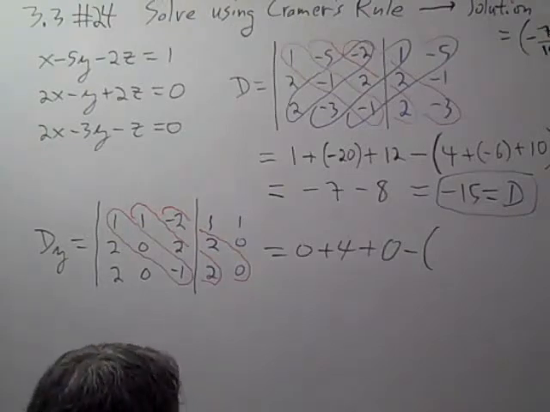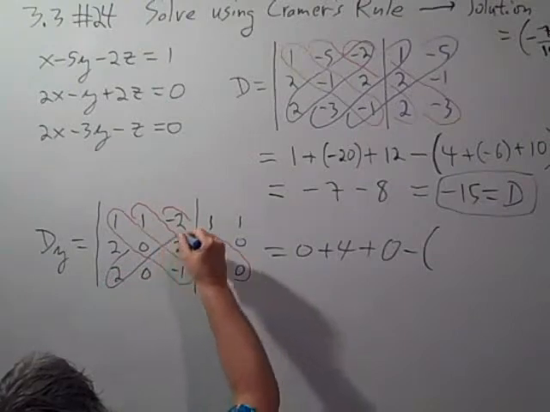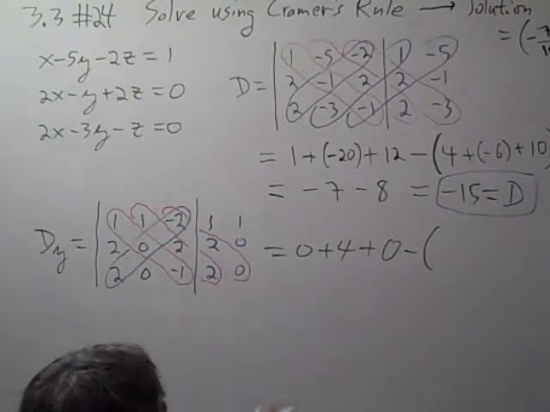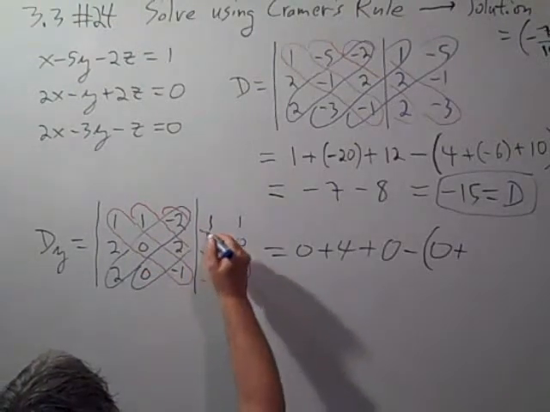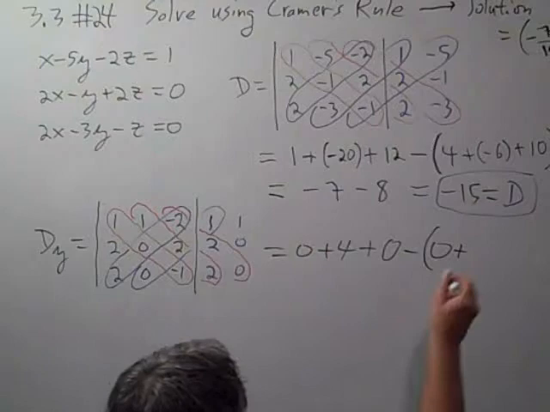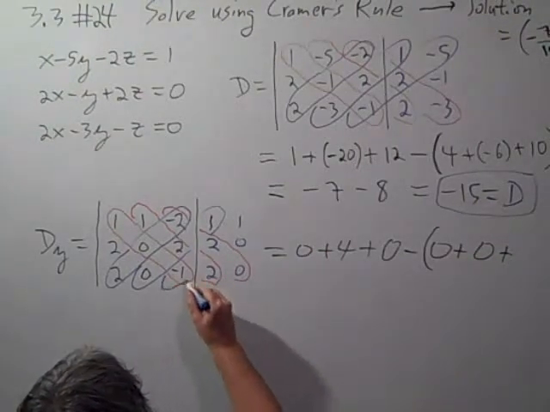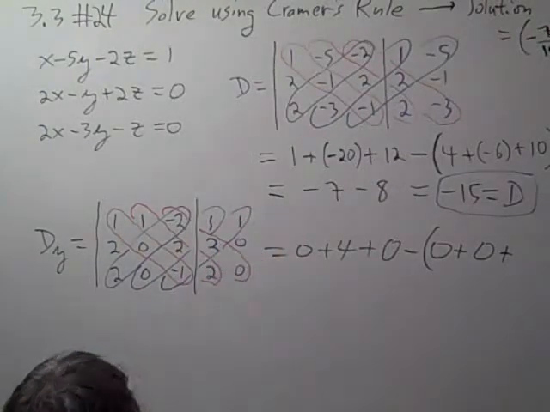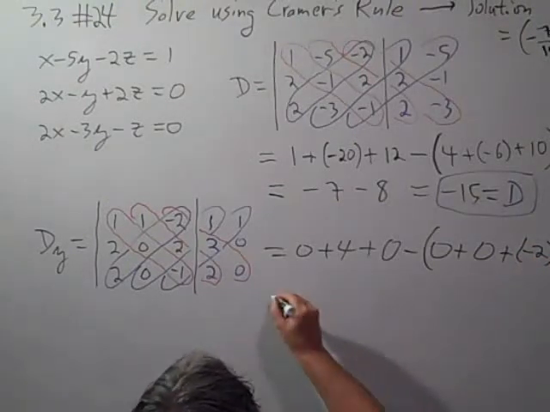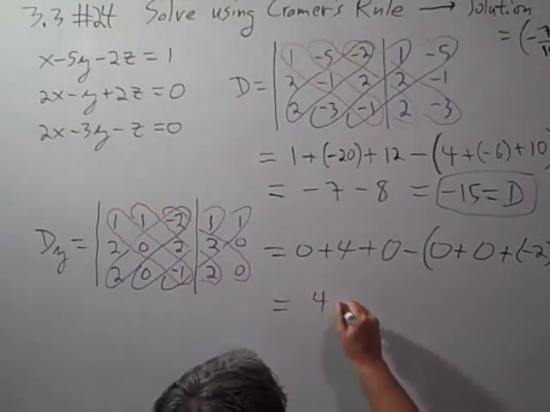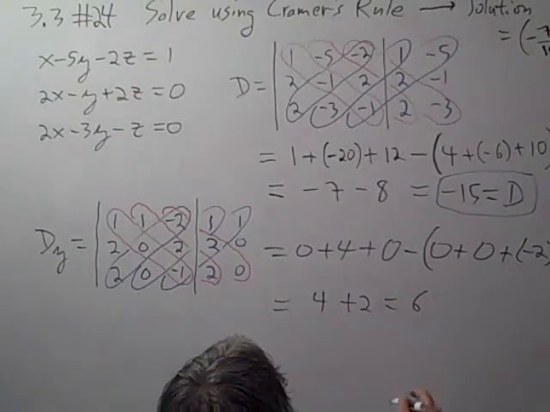And then we subtract what we get going the other way, the other diagonals. That's 2 times 0 times -2 is 0, which is always nice. The next diagonal over is 0 times 2 times 1, which is another 0. And finally we have the third little diagonal, -1 times 2 times 1. That adds up to -2. So our d sub y here ends up being 4 minus, and -2 is 4 plus 2, which is 6. So d sub y equaling 6